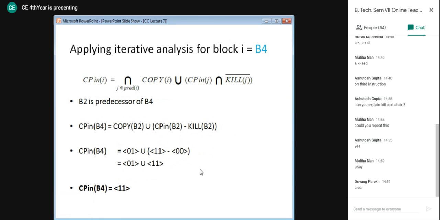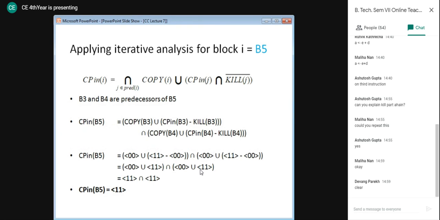Next, after B2 we take B4. B2 is the predecessor of B4, so B2 will be part of our data flow equation. Next we take B6, then B3, and then B5.